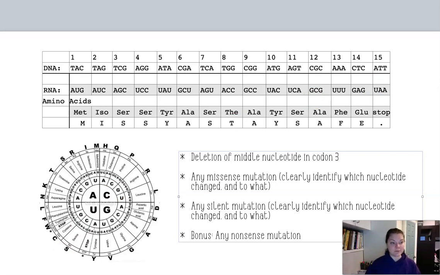Just to kind of recap 2 things. You're doing the CK12 first so that you understand what mutations are, and then you're going in and picking a classmate's DNA sequence and mutating it in a few different ways, 3 different ways. So post that in the comments. Take a look at what other people have done just so you can visually start to understand what's going on with all of this,